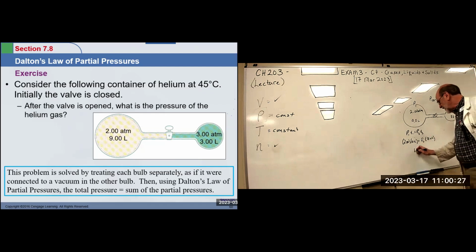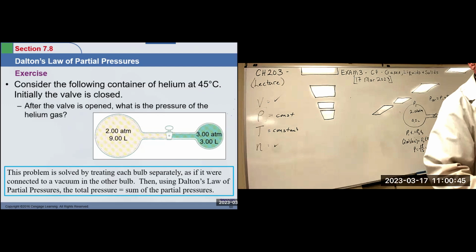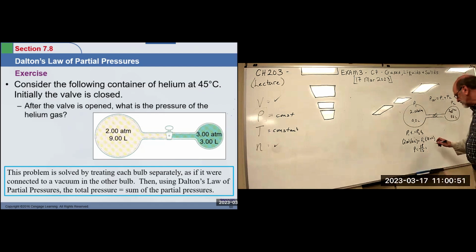So P2 is going to be equal to 2 times 9, which is 18, divided by 12. Let me just take the easy route. 1.5